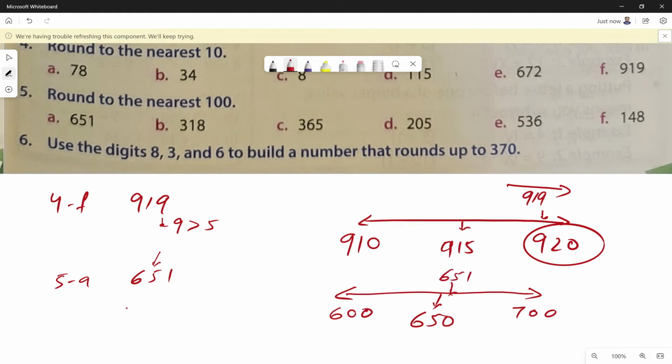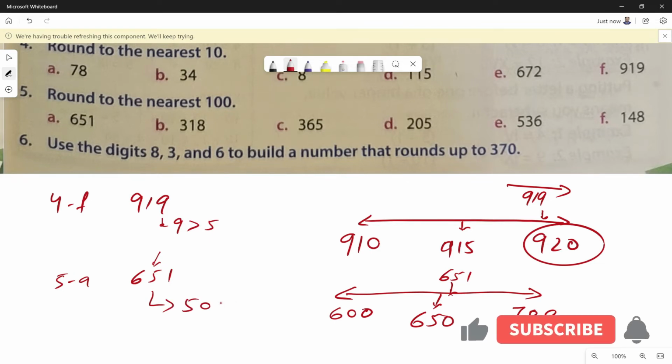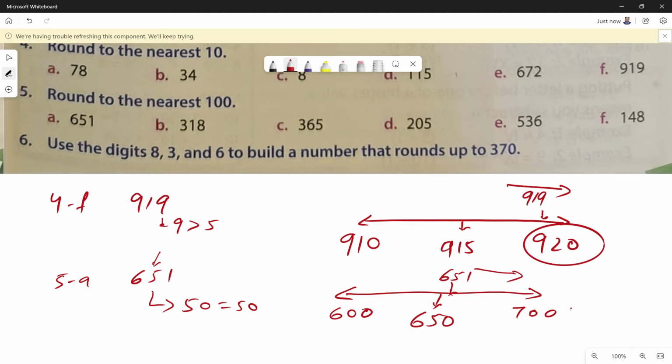651. So the place value at the tens place is 50, which is equal to 50. Any value which is equal to or greater than 50 will round to the nearest 100, which is 700. So 651 will round to 700. All right, let's solve another question. 5E,